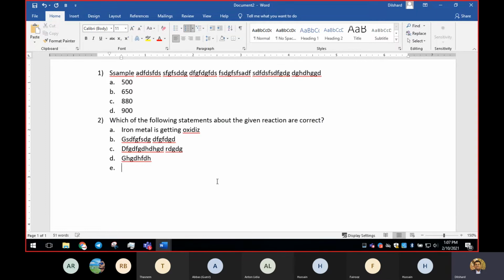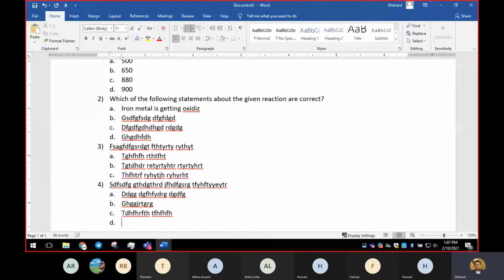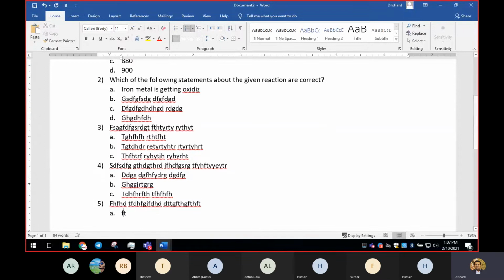And again press enter, shift tab, question number 3, have your question number 3 here, press enter, tab, have your answers here. Again, go back to your question number 4 and have your question number 4, type it in English. And I'm going to have my last question, which is 5, and I'm going to press enter, and I'm going to have 3 answers.